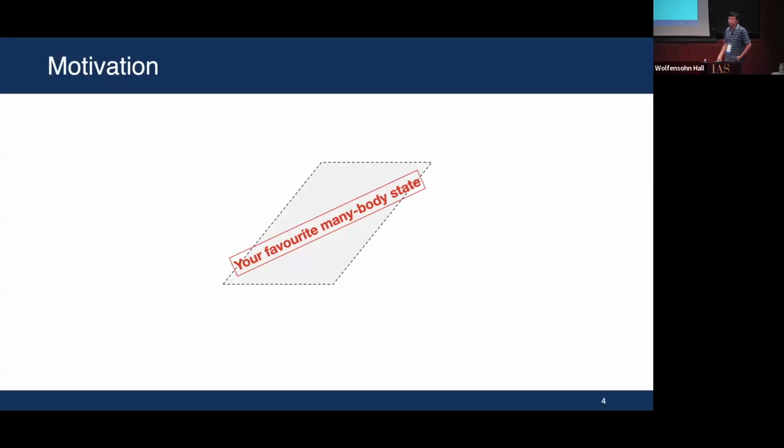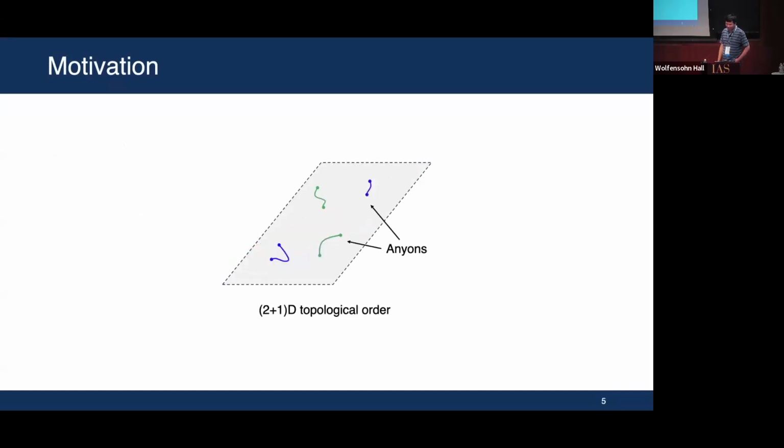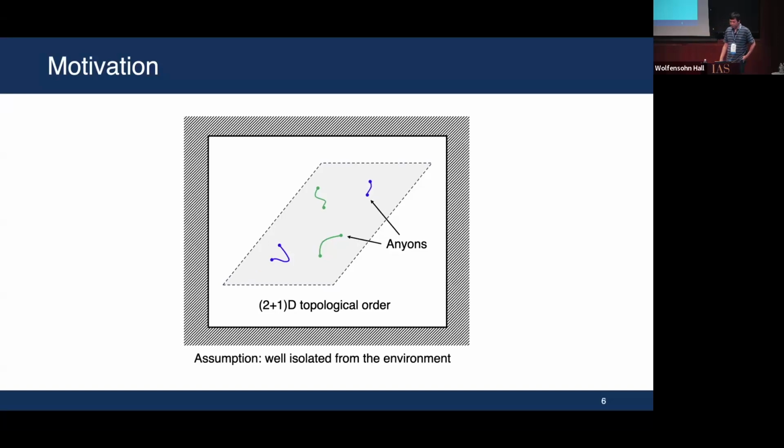Okay, so just to motivate the problem, put in your favorite many-body states. If you are like me, I like topological order states. If the same for you, then we are good friends. It has very entangled ground states supporting interesting excitations, etc. But of course, when we look at this picture, usually we have in mind the ground state of some Hamiltonian, and we are talking about a system isolated from the environment, so you can talk about the ground state, or thermal equilibrium.